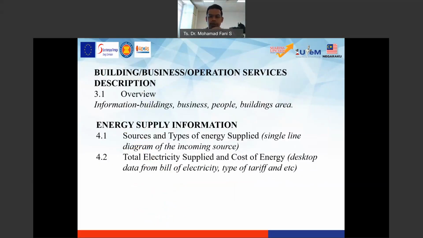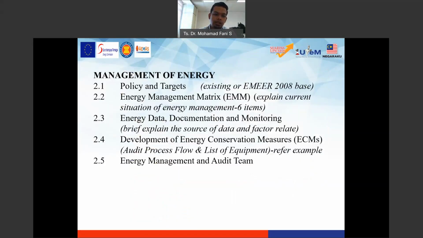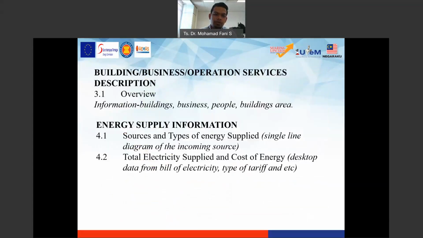All right. We move to another part, which is section 3. Okay, so after 2 sections, which are the executive summary and then the review on the management of energy, now we move to the building business operation service description. Okay, under this one, overview of information: building, business, people, building area, all the information needed. Okay, information about the building, the address, the premise, the people. So the structure of the management over there, the top management, the board of directors, where the position of the energy management is. Okay, the building area,